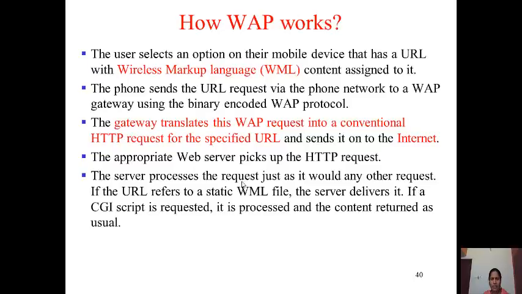So how does WAP work? The user selects an option on the mobile device that has a URL with WML content. The phone sends the URL request via the network to the WAP gateway using the encoded WAP protocol. The gateway translates this WAP request into a conventional HTTP request for a specified URL, and then sends it